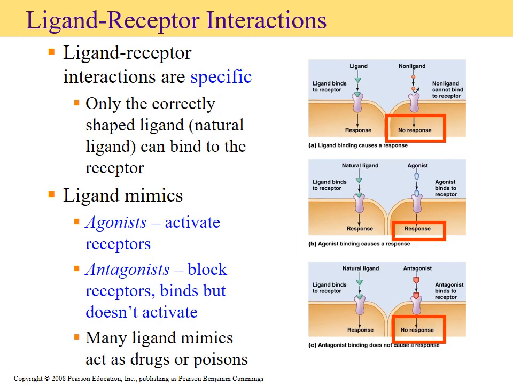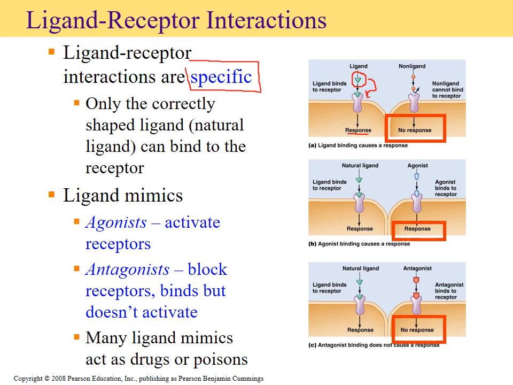All right, so let's go ahead and take a look at some of the terminology and some of the concepts when we do ligand-receptor interactions. First off, they're very specific. So as I was mentioning to you before about the enzyme and the substrate and the active site, ligand and their receptors are very specific, so only the correctly shaped ligand will match with its proper receptor, thereby causing a